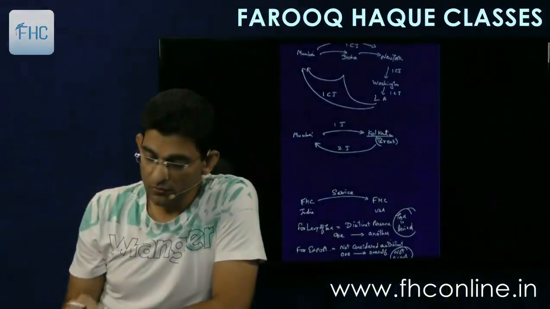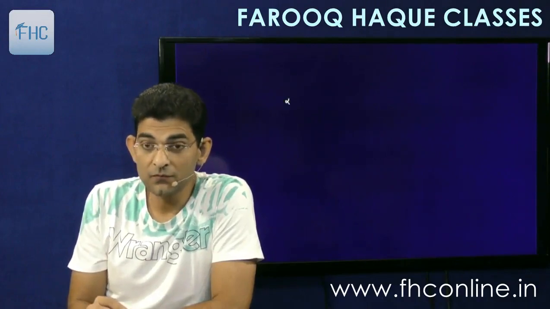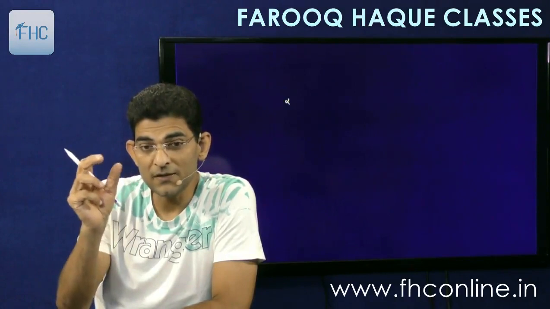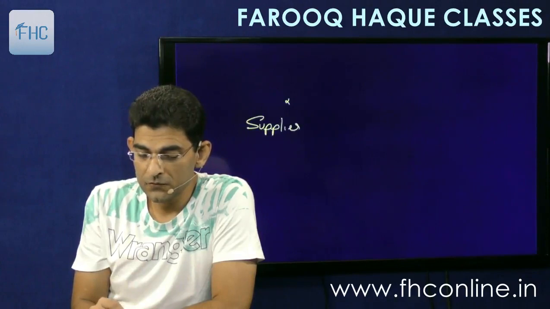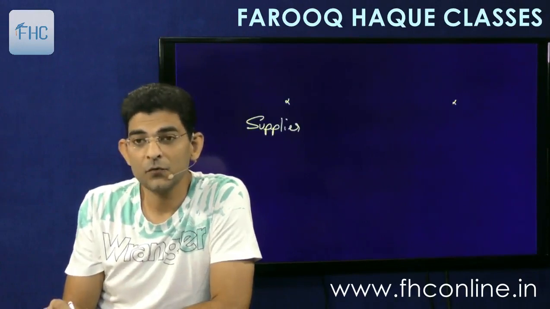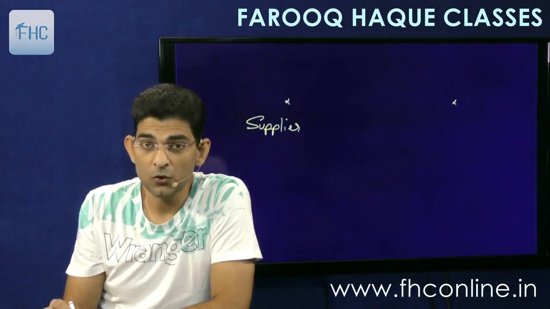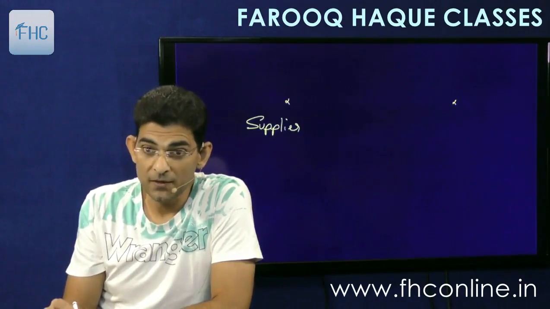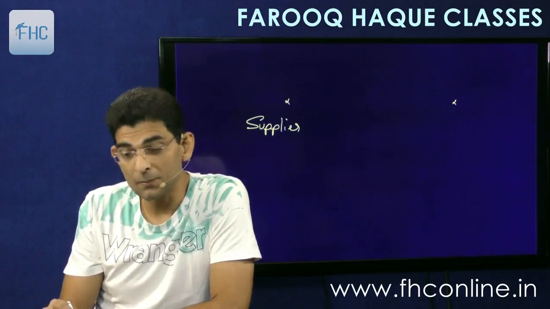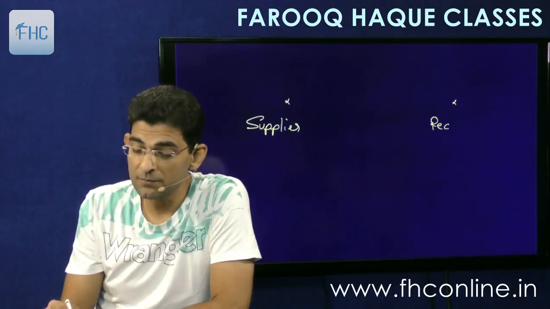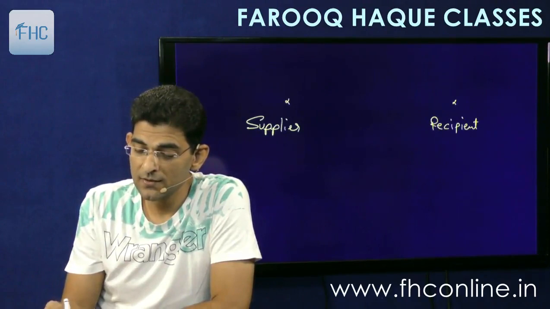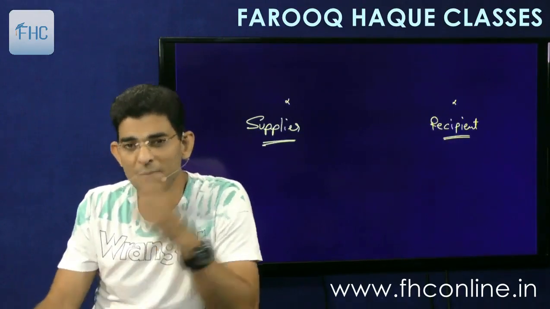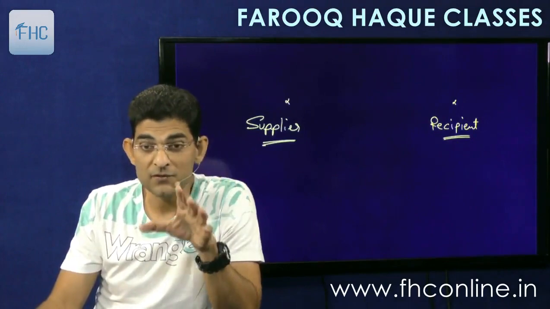Now another thing I'll tell you in the background before we actually start reading: if the event is supply, the person who supplies is called the supplier. So understand these basic points, and therefore you will not face any problem later on. The person who supplies is the supplier, and the other person to whom it is supplied is called the recipient. So mark these words, put them in your head: supplier and recipient.